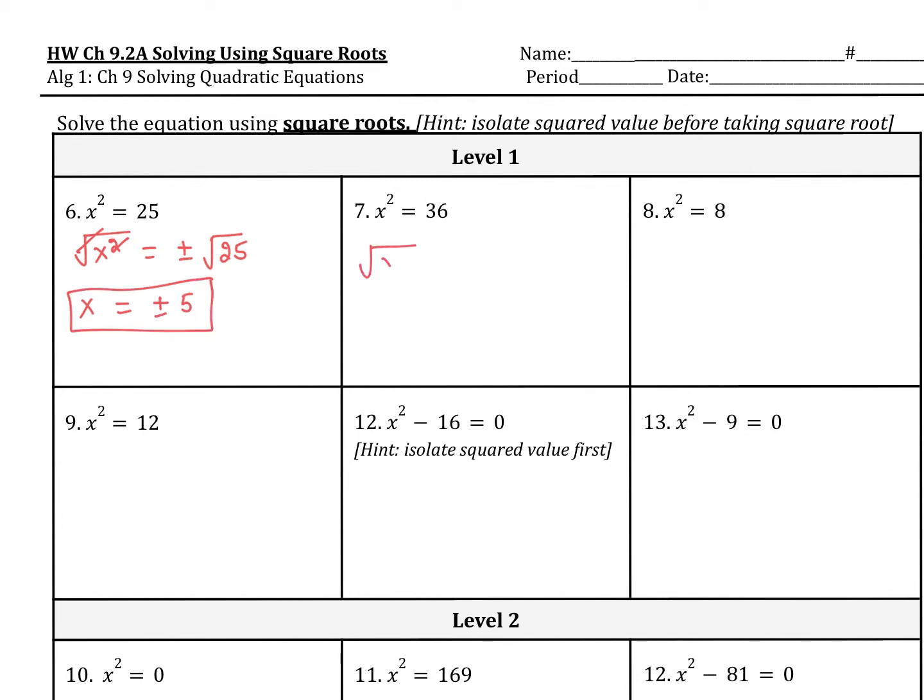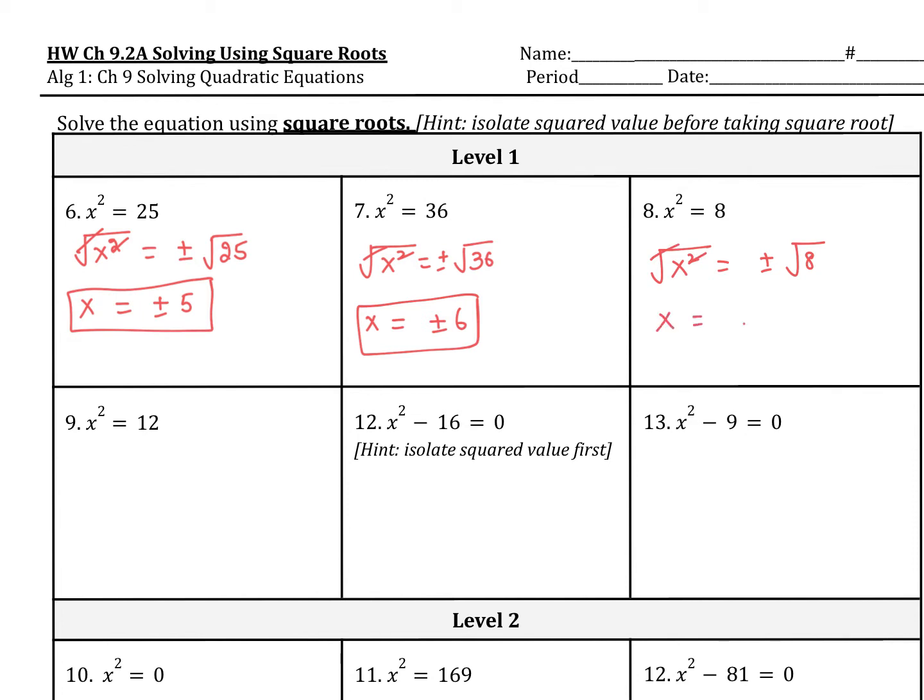Similarly, you do that for number 7. Take square root on both sides. You got x equals plus or minus 6. For number 8, when you take square root on both sides, you got x squared, cancel with the square root,